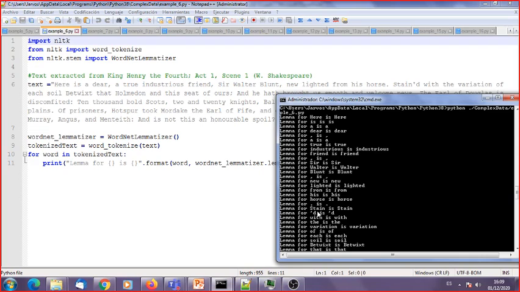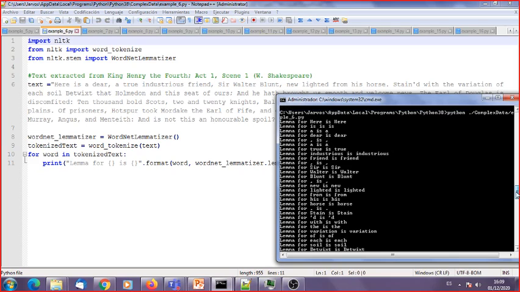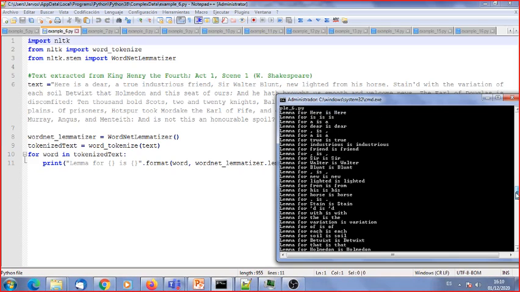The stem for "is" is "is", which is something strange, but the lemma should be "be" instead of "is". So maybe this lemmatizer is not 100% accurate. Okay. Actually, I was having a look, and all seem the same. I don't see any changes from one to the other at the first look.